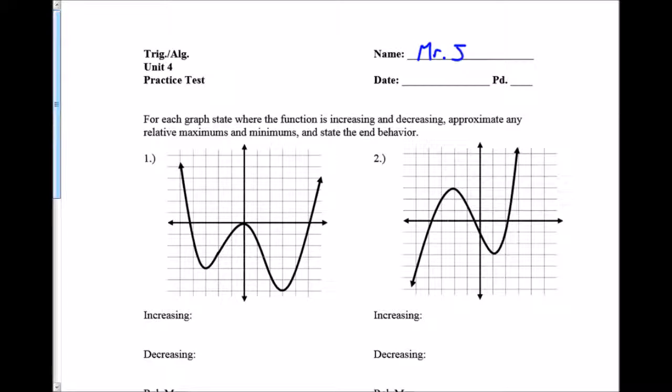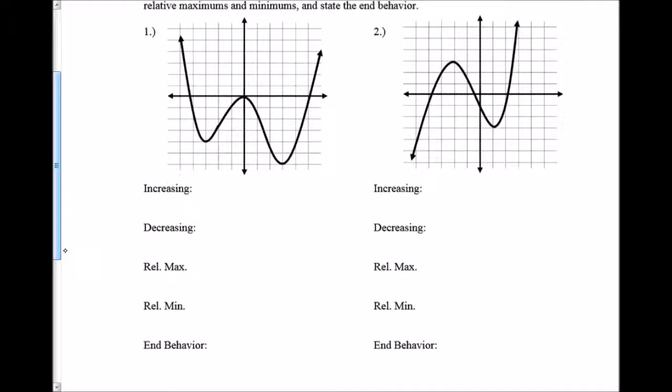If we look at these first two, we're just identifying each of these pieces of the function. The first thing we're looking at is increasing versus decreasing. Remember, the function is increasing when it has a positive slope as we go from left to right, if the function is going up. So when we look at this one, it's decreasing. It's going down from here until it gets to here. And then it's increasing, it's going up, got a positive slope, and then it decreases,